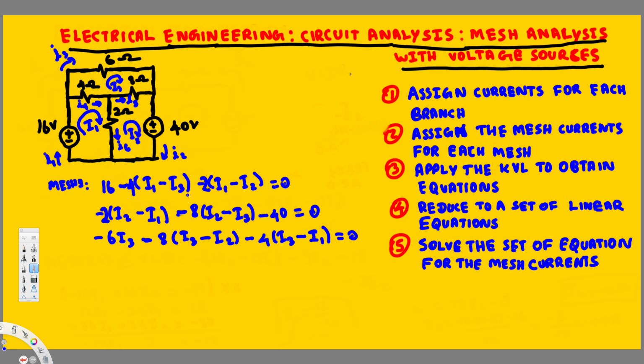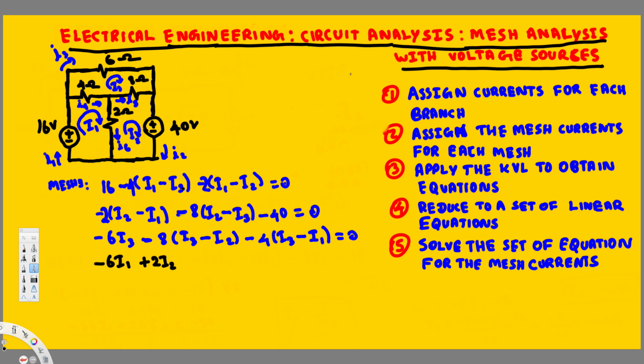Right, now we have three equations. Now all we have to do is write the simplified form. Now let's look at the first equation. Let's go from I1, I2, I3, right? So here we have negative 4 I1, negative 2 I1. So in total we are going to have negative 6 I1. And let's count the I2. So here we have positive 2 I2, and that's the only one, right? So this is going to be positive 2 I2,